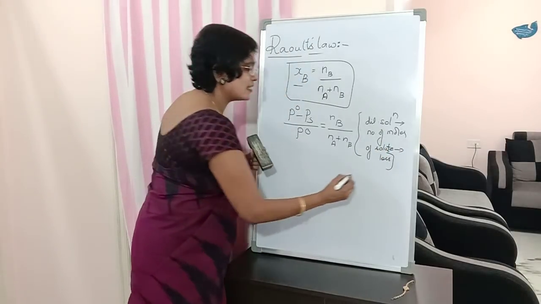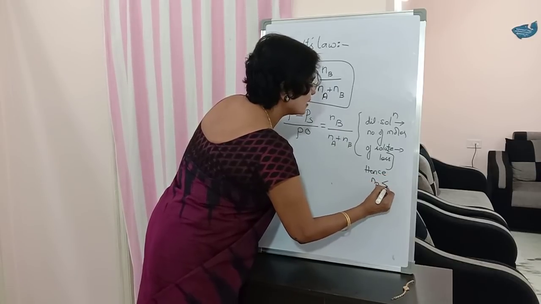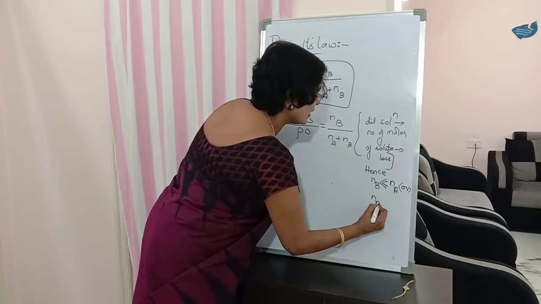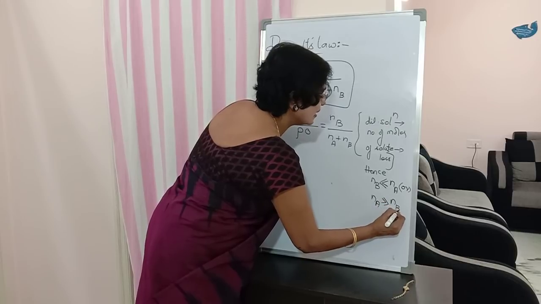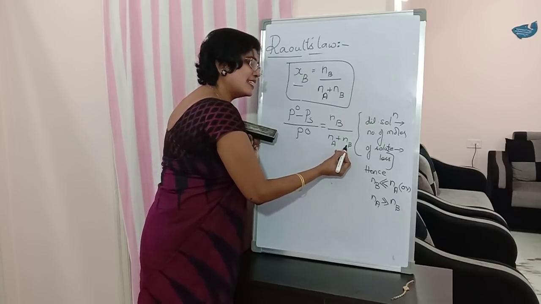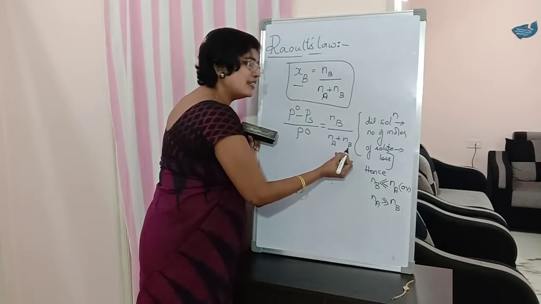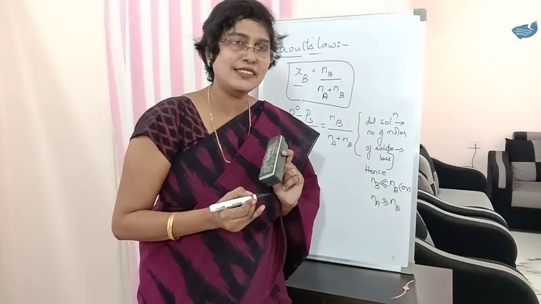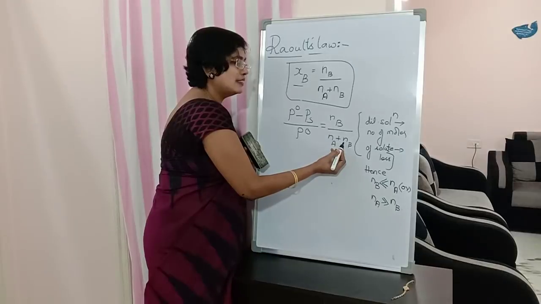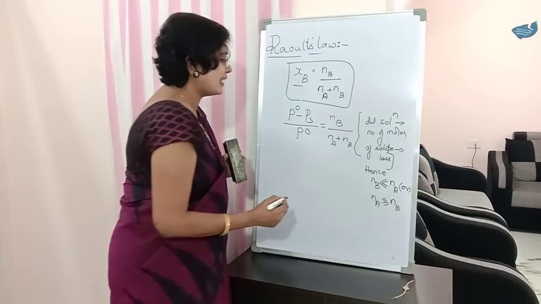Okay. Will be less, and hence Nb is much less than Na, or this way also you can write Na is much greater than Nb. Okay, students. So in the denominator, as this is very less when compared to Na, we can neglect Nb. Clear, students? Why? Because this is very much less when compared to Na. This Nb in the denominator, not in the numerator, students, can be neglected.